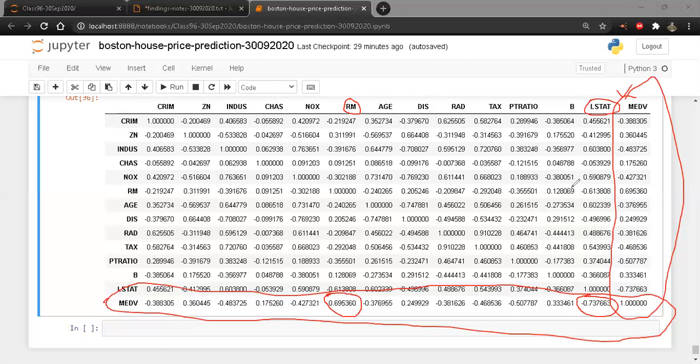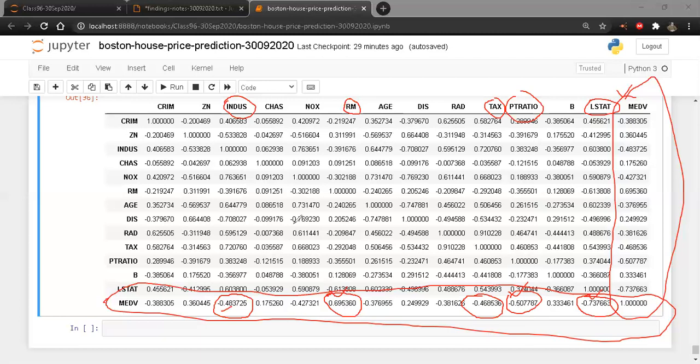The rest are not really that good. Maybe I should relax my limit of 0.7 a little bit. Let's go to 0.5. If I go to 0.5, I see one more, which is Indus. It's closer to minus 0.5. This is also closer to minus 0.5. That's tax. And closer to minus 0.5 is PT ratio. If I'm taking 0.5 as a definitive place, then obviously PT ratio is really negatively correlated. LSTAT is also negatively correlated. RM is really positively correlated, and so on.